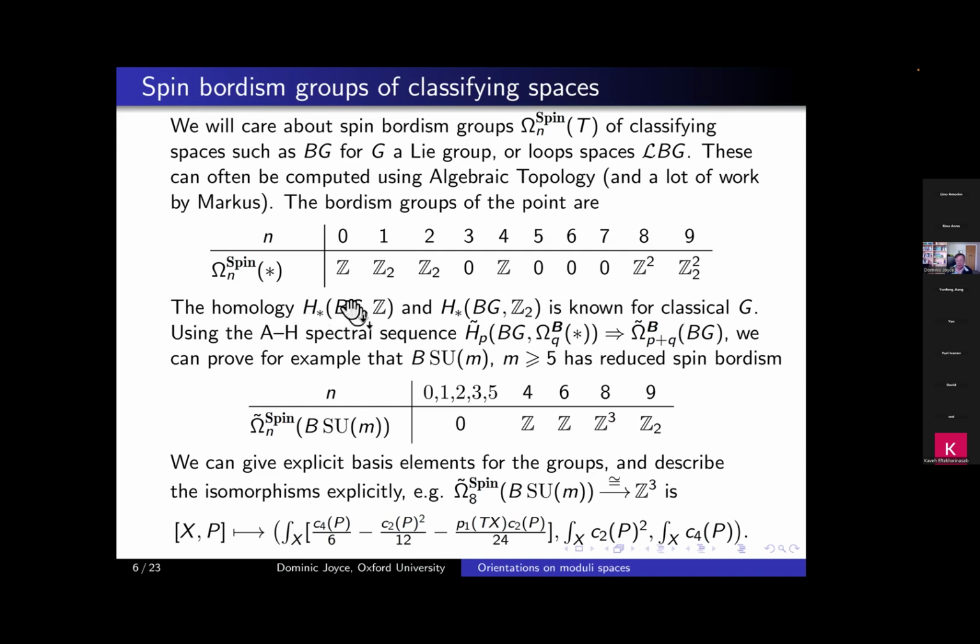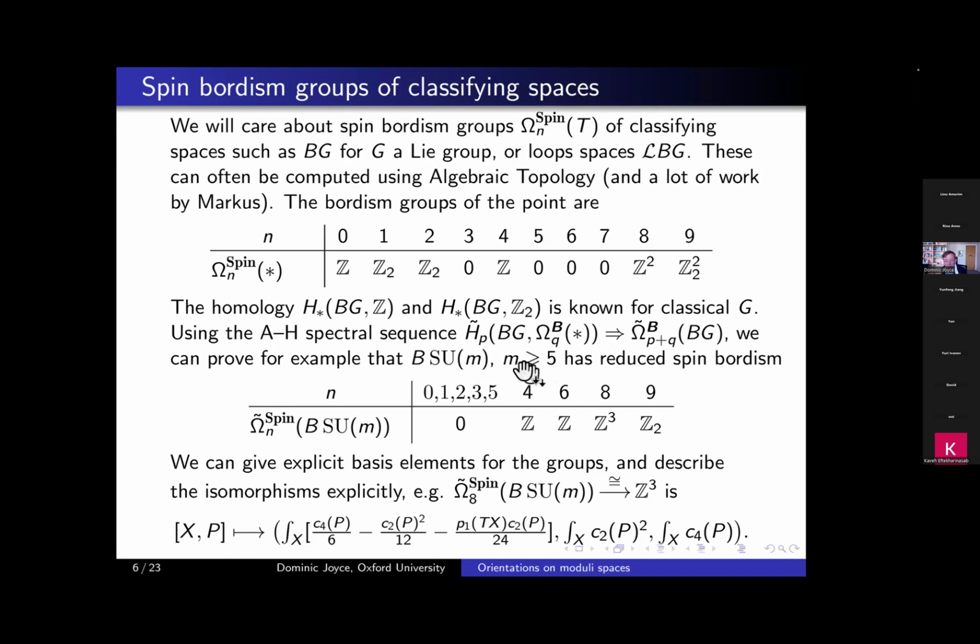People care about, for example, the cohomology of BG because that determines characteristic classes for principal G bundles. And if you know the cohomology, then you can work out the homology by the universal coefficient theorem and so on. So using the Hirzebruch spectral sequence, okay, I've written down the version which is for reduced homology to reduced bordism. Using that Hirzebruch spectral sequence, we can prove, for example, that